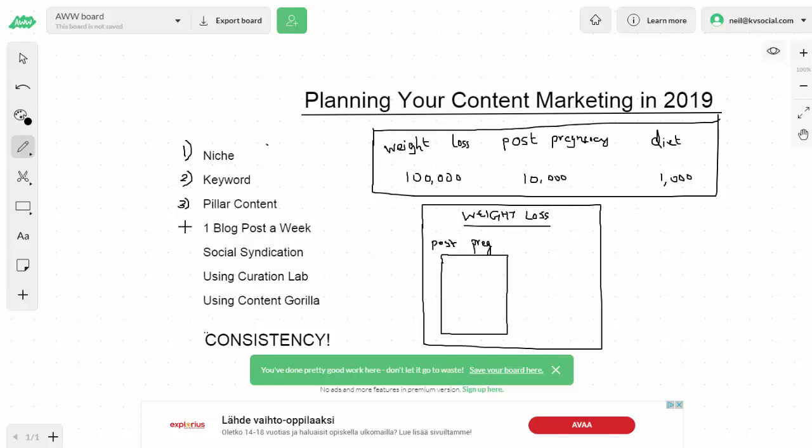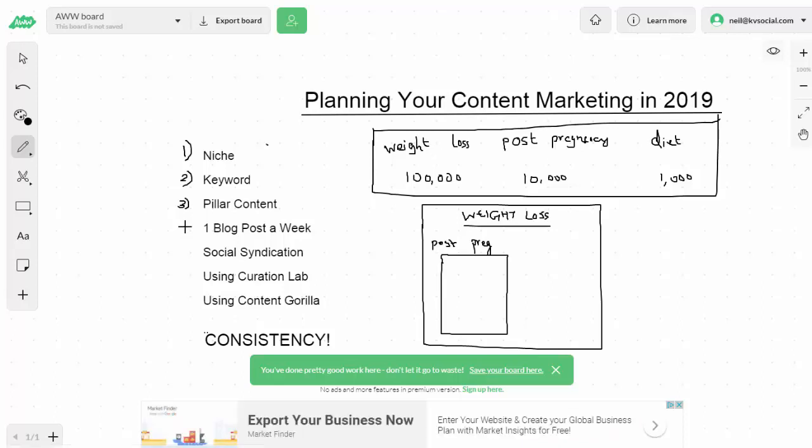Because with this, you can create an amazing piece of content that people absolutely love. That just goes viral because it's the most comprehensive post you've ever seen. Now, you can build that with Content Gorilla. We'll discuss that in a little bit. But the reason I'm telling you this is because if you do this, you will be able to build out a massive post that you continually get traffic to.